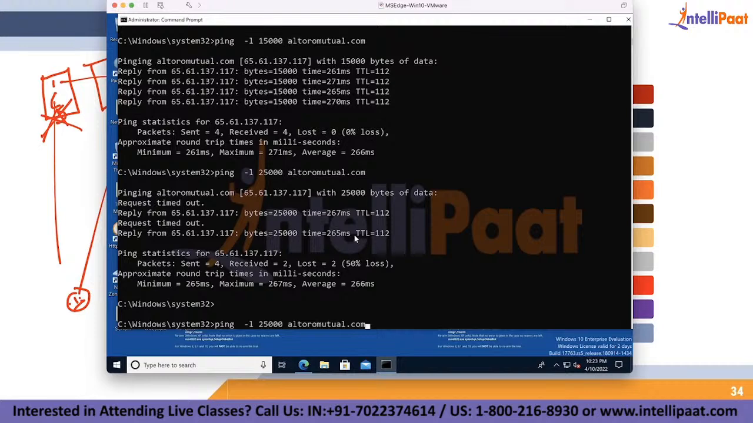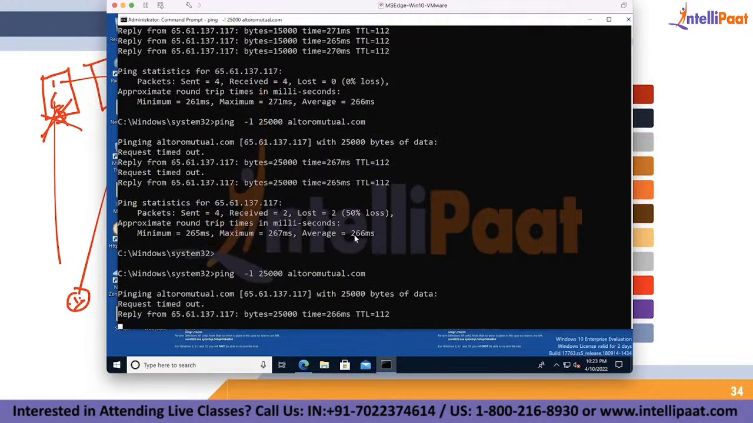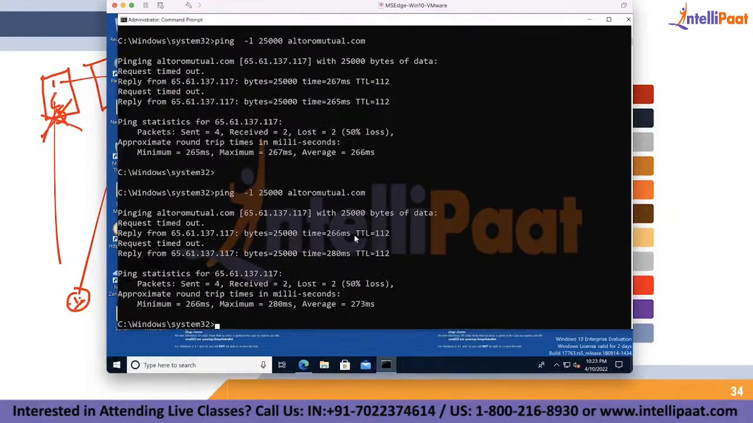Now, once again, I try with the same size. Do you understand the concept, guys? So this is nothing but denial of service. altoromutual.com, this website, is denying service to anybody else, because when I start running this command, and think